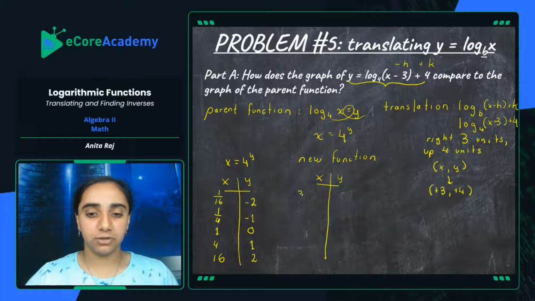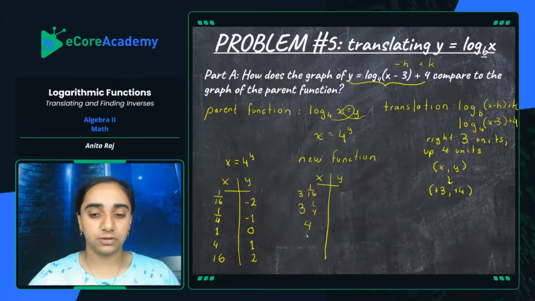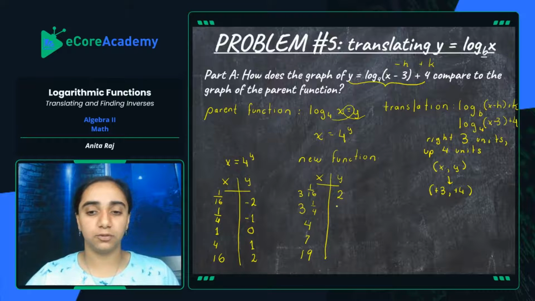1/16 plus 3 is 3 and 1/16. That's a mixed number. 3 plus 1/4 is 3 and 1/4. 1 plus 3 is 4. 3 plus 4 is 7, and 16 plus 3 is 19. If we add 4 to each of these y coordinates, -2 plus 4 is 2, -1 plus 4 is 3,